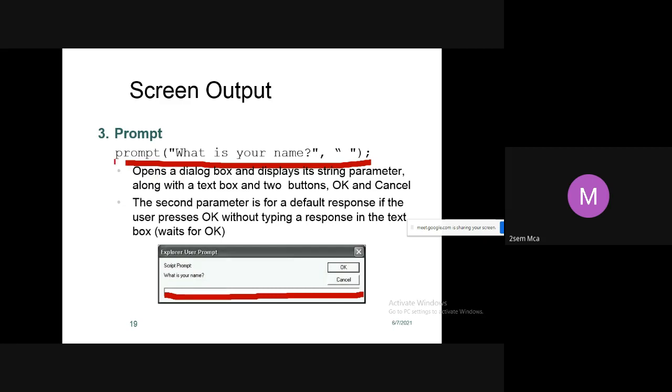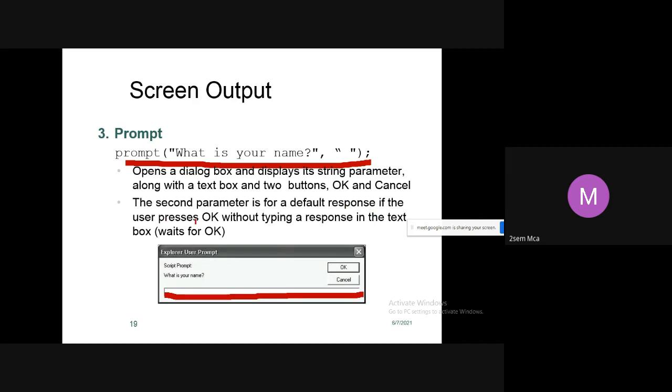So when you use this prompt, it opens a dialog box and displays its string parameter along with a text box and two buttons. What are those two buttons? OK and cancel. The second parameter is a default response.